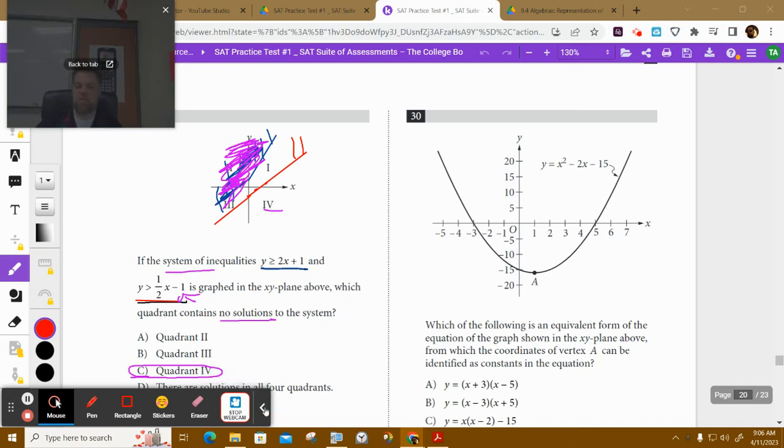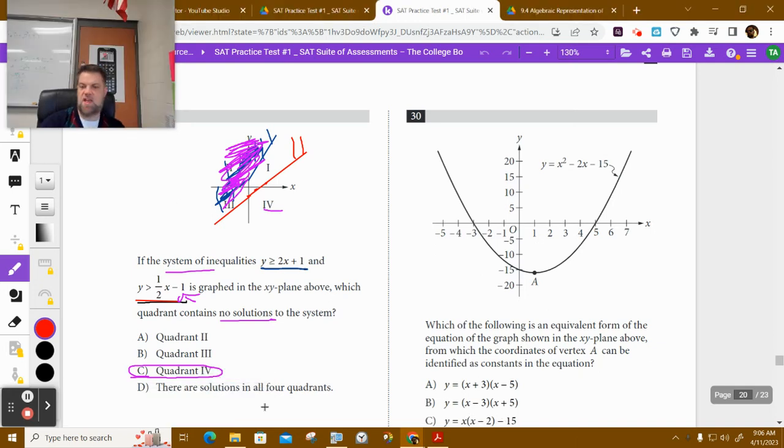All right, so for problem number 30, basically we have a quadratic, and they give us this function here. Y is equal to x squared minus 2x minus 15. Then the question is, which of the following is an equivalent form of the equation of the graph as shown in the xy plane,